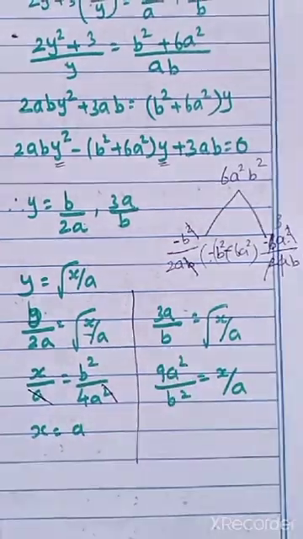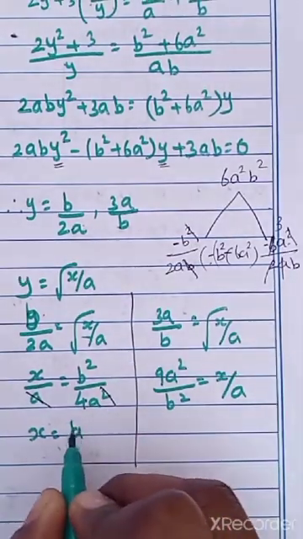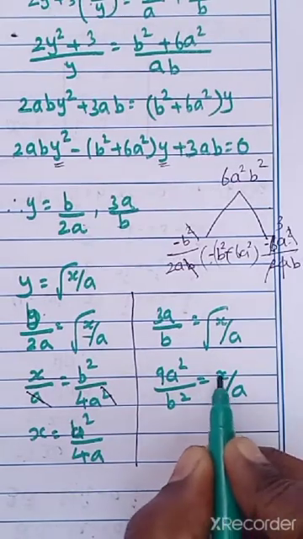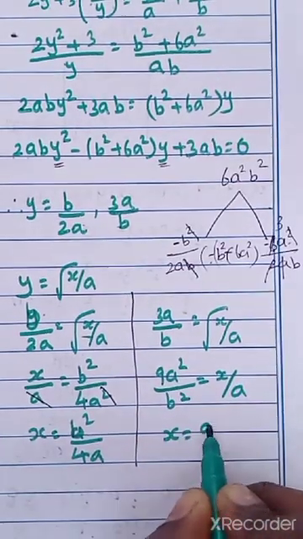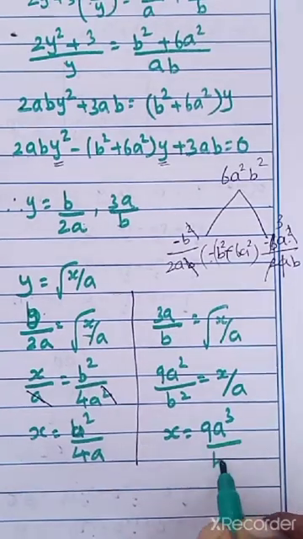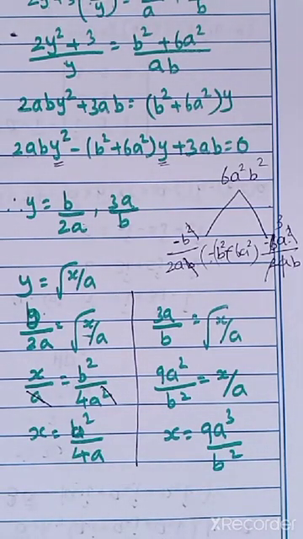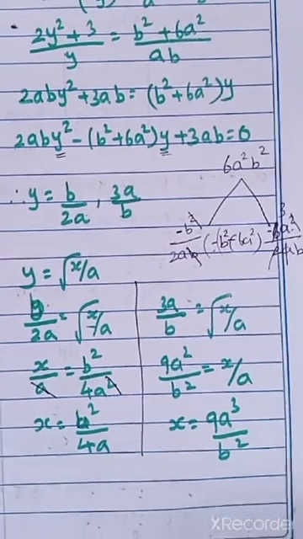Okay வா? So என்ன ஆன்சர் வரும்? b square by 4a. Similarly இந்த பக்கம் x வேணும்னா x equal to 9a cube by b square. Is that right? So x equal to b square by 4a, x equal to 9a cube by b square. ரெண்டு வேல்யூ கிடைச்சிருக்குது. Again what we are going to do? We are going to substitute this x value in the question. Is that clear? Okay. So first what value we can substitute?